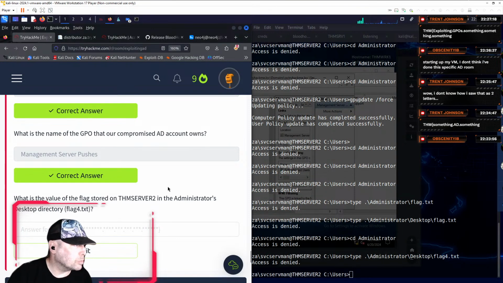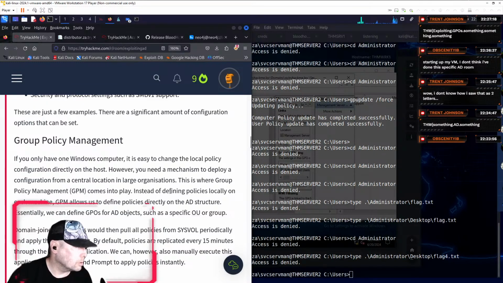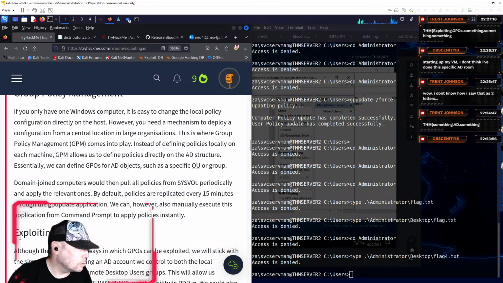Oh, that's right. This room is exploiting, right? Or this task. I guess GPO object is redundant, right? Alright.